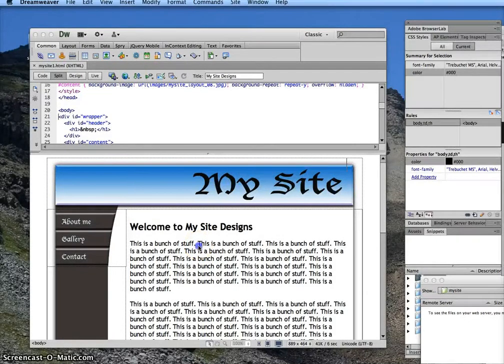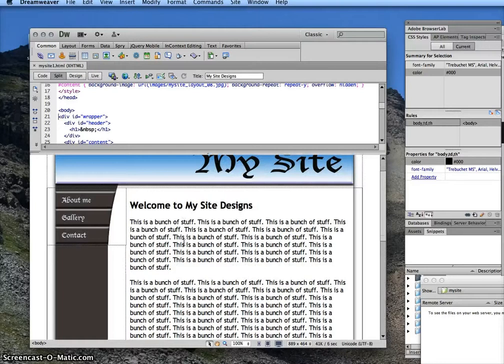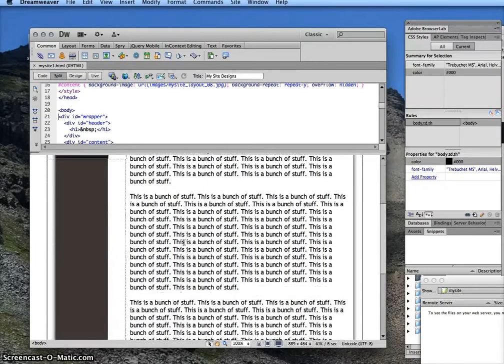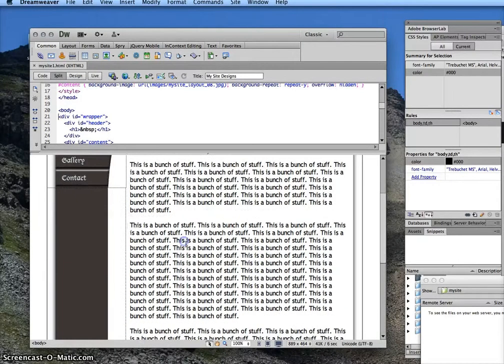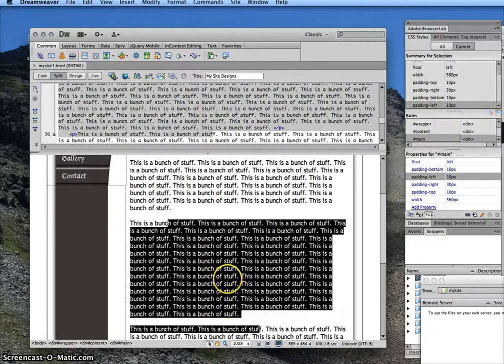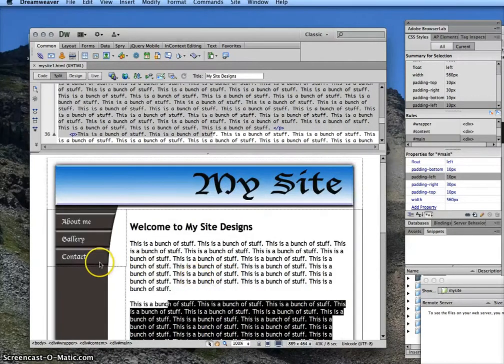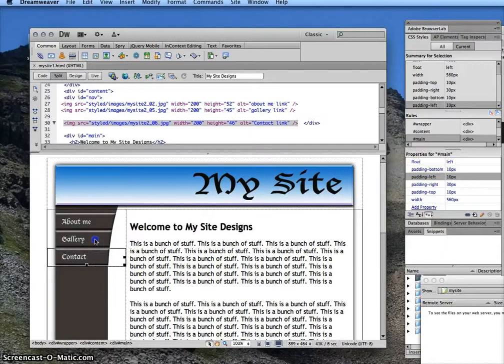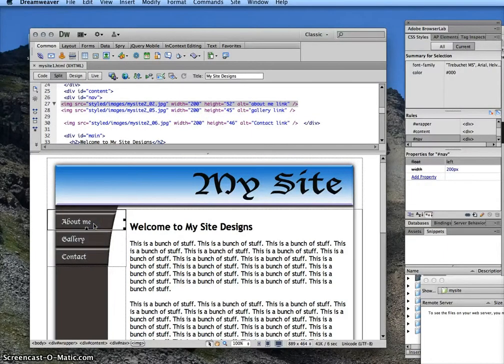Okay, so we're almost done here. What I've got so far is now I have a fluid website, so no matter how much stuff I add in the main area, it will now stretch down. The last thing that I want to talk about is the navigation points, these images, which if I jump back